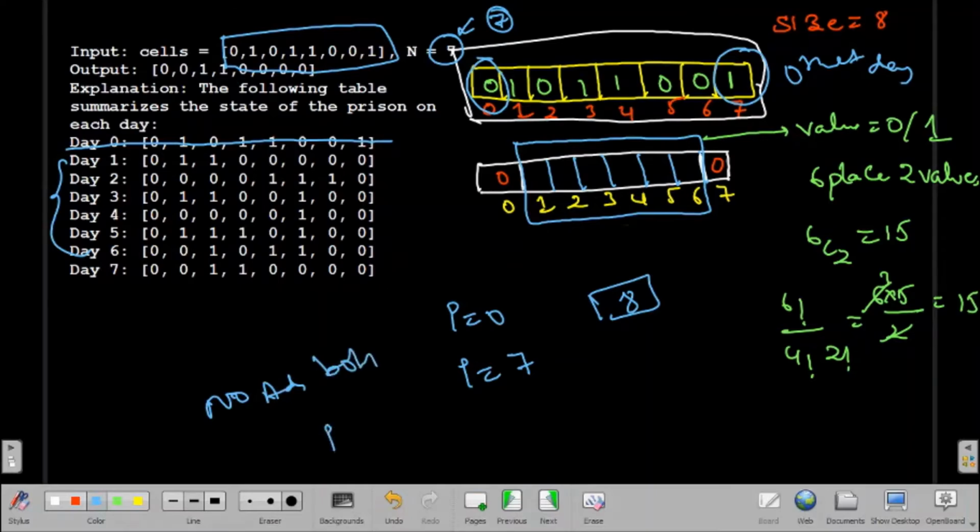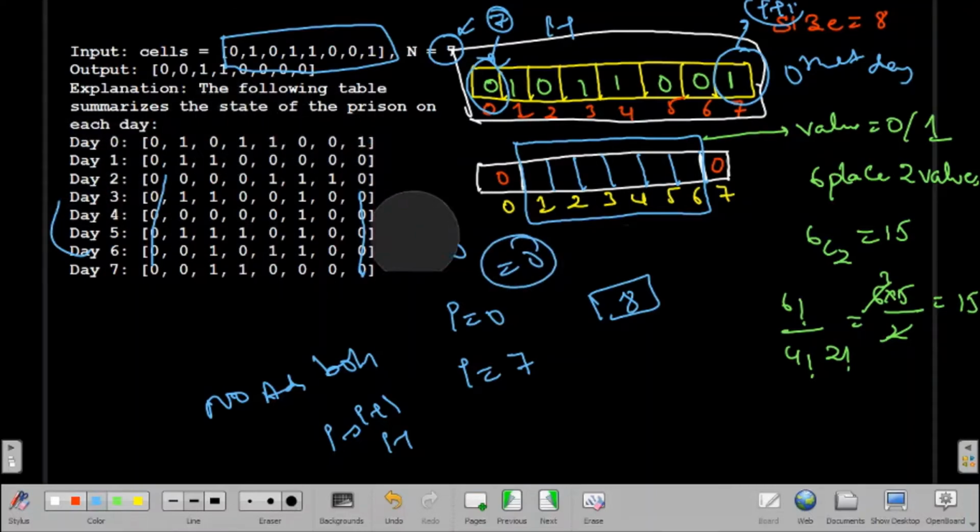For adjacency I should have both I plus 1 and I minus 1, but for the first I never have an I minus 1 neighbor, and for the last I never have an I plus 1. So for that we have to assign 0. So for each day, the values at the 7th index and the 0th index will be 0, fixed.